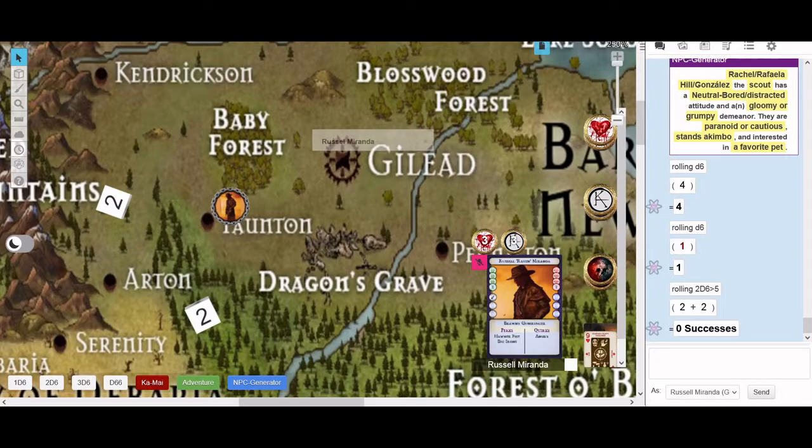He makes a few other aborted attempts to get a word in edgewise. Now, he is big and he's brawny, but at this point, he's new to the situation, so he does not want to try to intimidate her. He's going to find out more details, and as her rant continues to go on and on, he finally tips his hat, puts it on his head, and rides back to Taunton.